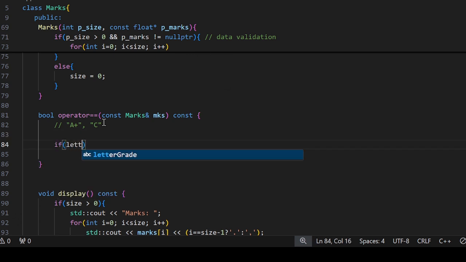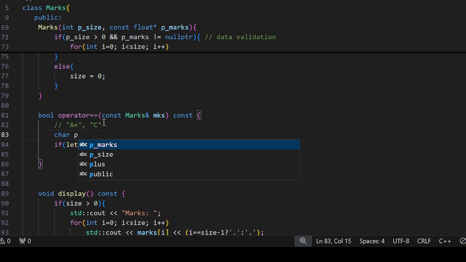So letter grade, we want to pass this plus minus variable, because I need to get the letter grade for both current object and this parameter object, so I need to have two plus characters, so P1 and P2, let me call this,